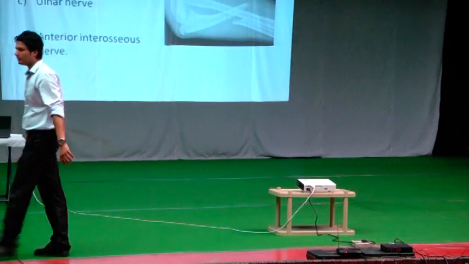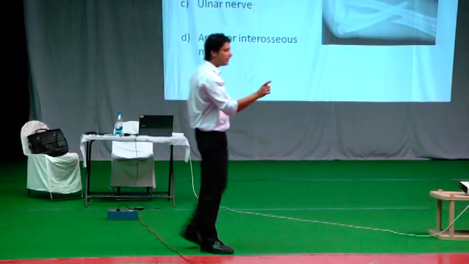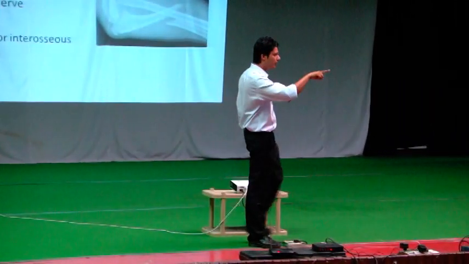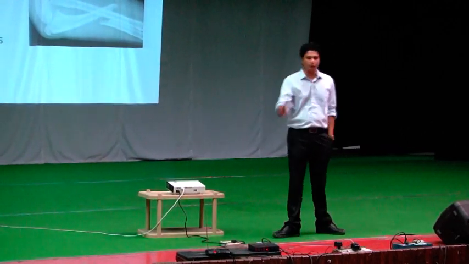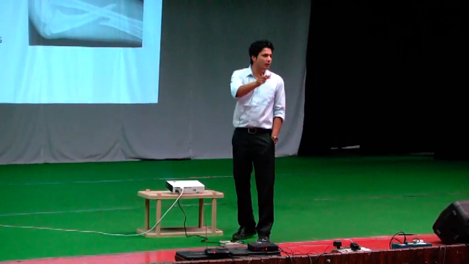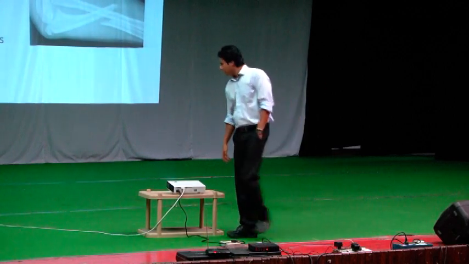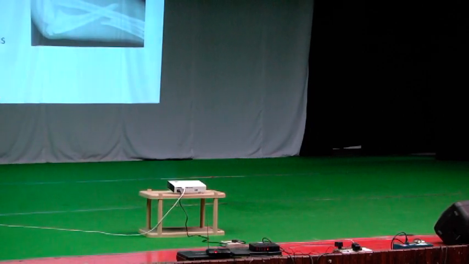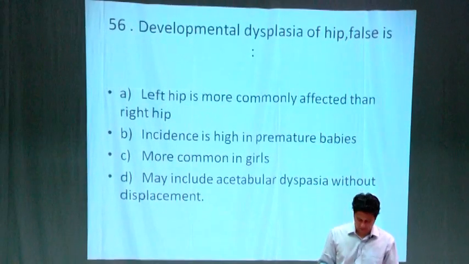Again, the reason remains the same, crowding. So, these are the features of why DDH is particularly common in all these situations. Again, don't run after that mnemonic. This is easy to understand and you'll remember it throughout. In premature baby, incidence is low; it is high in post-mature one.